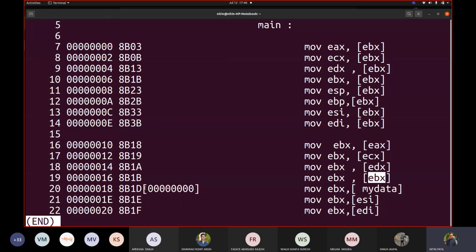Understood? How many of you got the same thing? Rather, you can evaluate yourself. Have you written a similar thing? How many of you got it correct? I'm having faith in you, so you can raise your hands in the chat window so that I can see. EDX part, sorry?